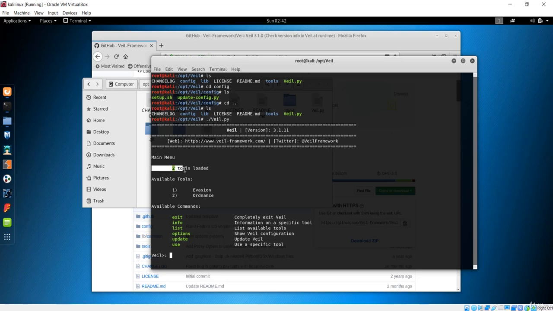And you could see we have these two tools loaded. One is Evasion and another is Ordnance, and basically Evasion is what we are going to use, because Veil-Evasion is going to give us a lot of payloads, but Ordnance is something that supports that payload. So it is an auxiliary payload. Ordnance is something like a payload, but it is going to work with the payload, and we are going to make a complete reverse shell with the help of Evasion, and we are going to use the msfconsole, which is the Meterpreter handler, or basically the application that is going to listen on the port, so that we'll get a connection between the client and server.